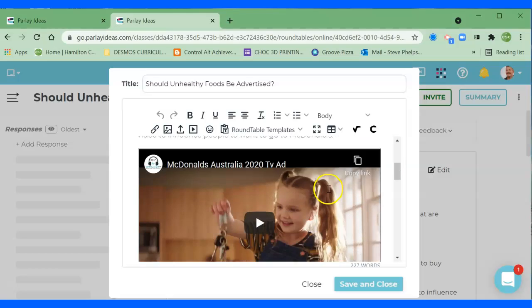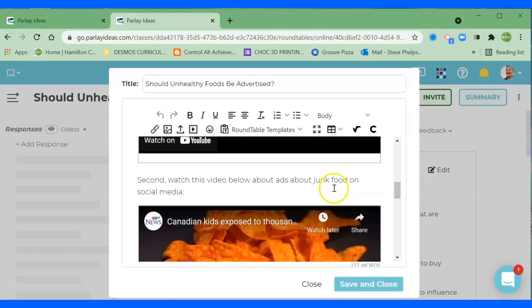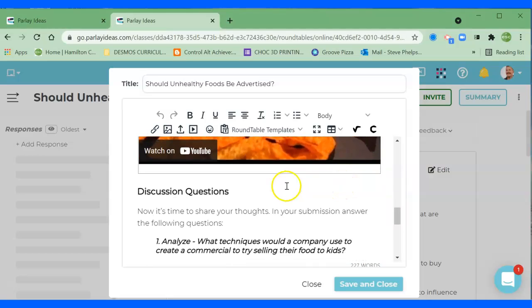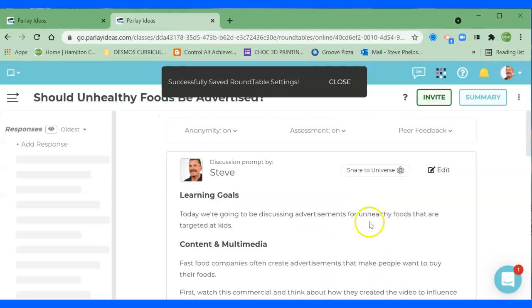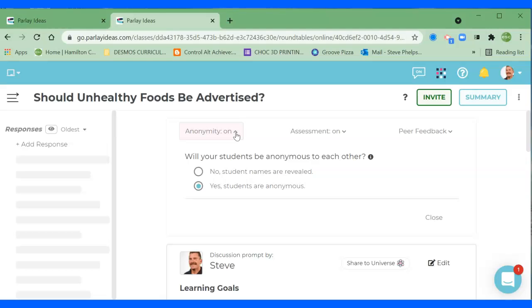But if I want to add some other questions, or maybe add another resource, a written resource that I'd like them to read, or if I want to add or delete one of the discussion board prompts, or maybe change the questions, I can do that here. I will click on Save and Close. A couple of other things that you can do in your discussion board. By default, anonymity is on, so the students will not know who they are responding to,